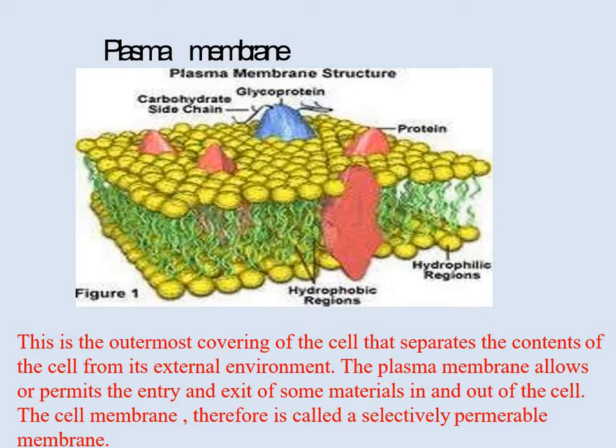The plasma membrane is a living, ultra-thin, elastic, selectively permeable membrane that appears as a mere line under the light microscope. However, its detailed molecular structure can be studied under an electron microscope, and under the electron microscope it looks like this. Basically, all plasma membranes are composed of proteins, lipids, and small fractions of carbohydrates.